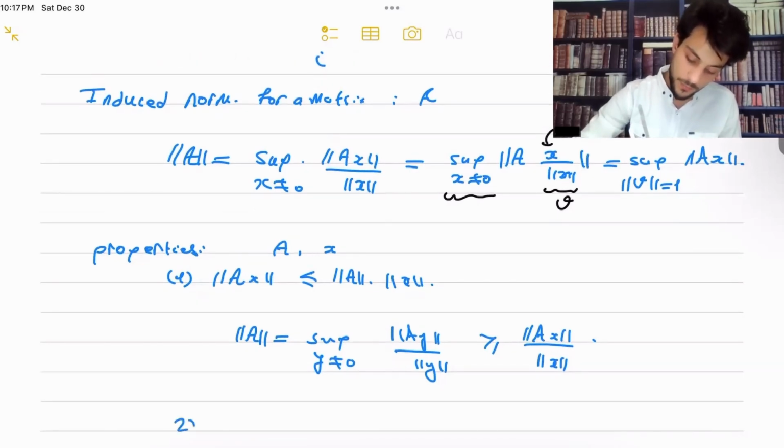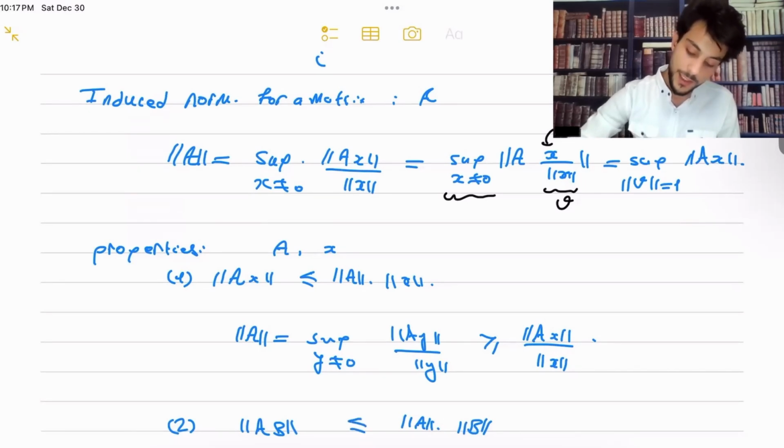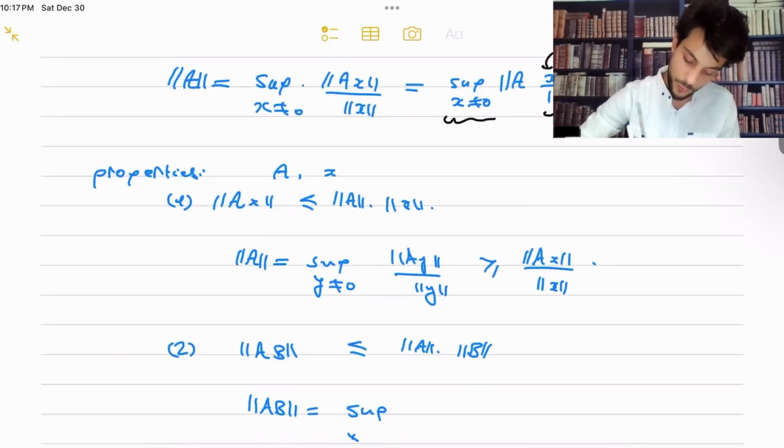Now, the other nice property of this norm is that if you're multiplying two matrices, A and B, you really want to relate this to the norms of A and B. Also here you don't get an equality, but you get an inequality. And this is kind of a consequence of property 1. So let's see why. If you start with the definition of the norm of AB, you will see that this is the sup, and we can take the sup